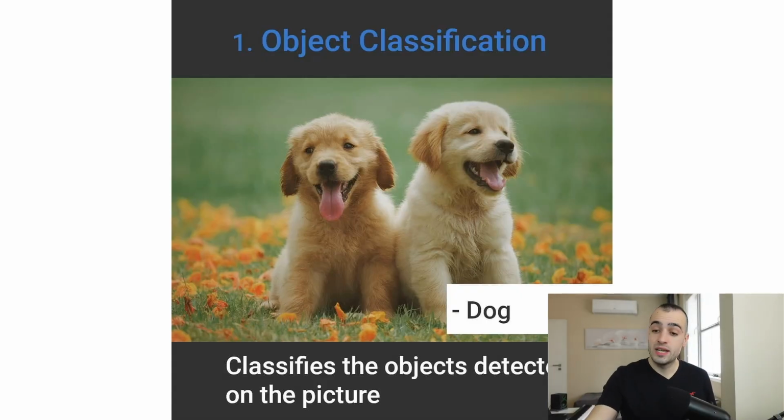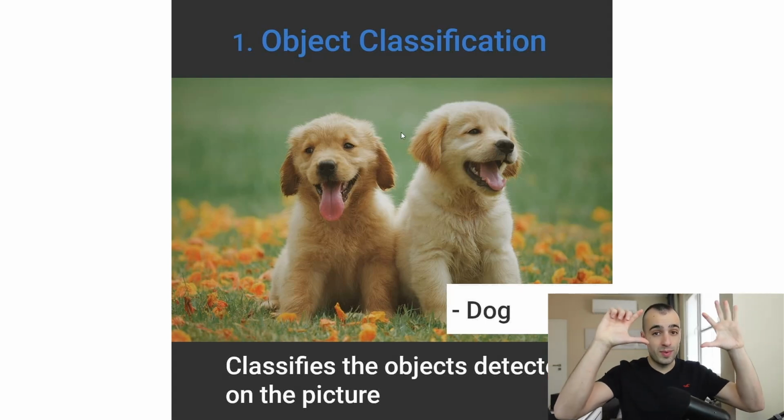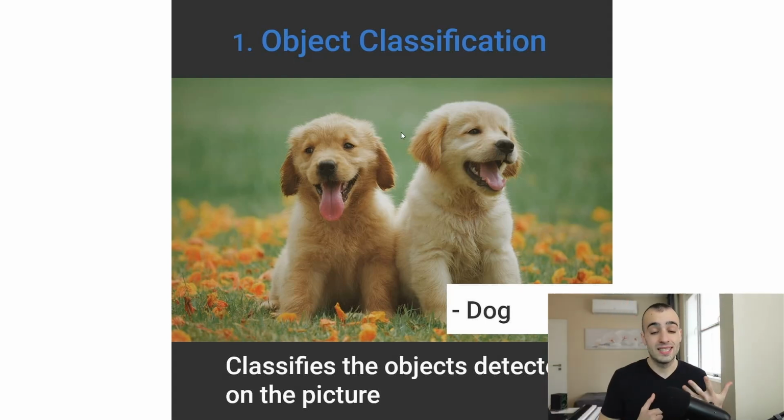Before talking specifically about Mask RCNN, let me show you the 4 most common types of projects that we can do with computer vision. And from this, we will also understand why we're choosing Mask RCNN instead of other algorithms. We have the first type, which is the most simple. It's object classification, which means from an image, detecting what's inside the image with a category. In this image, for example, the classification will be to say just that there are dogs in this image and